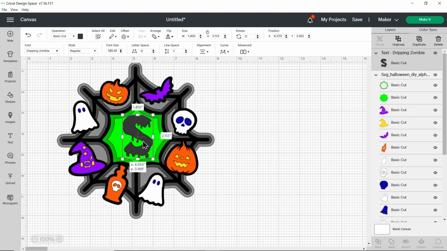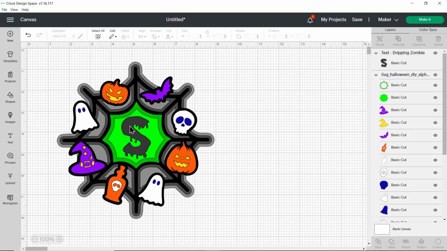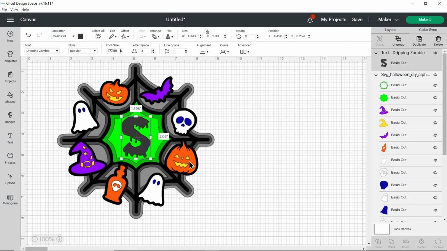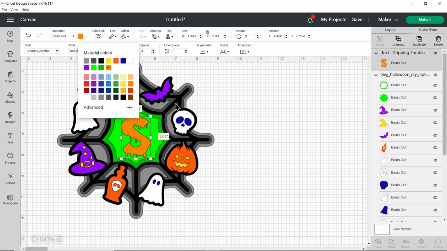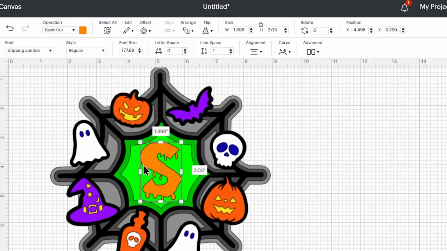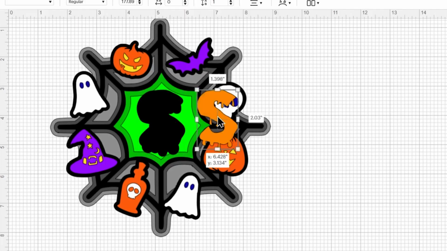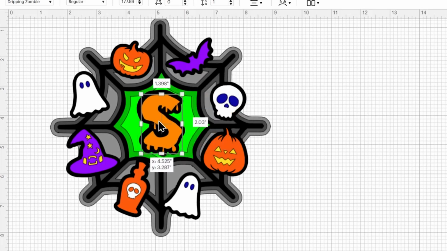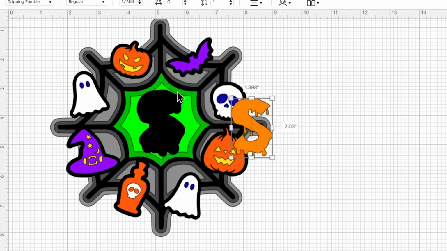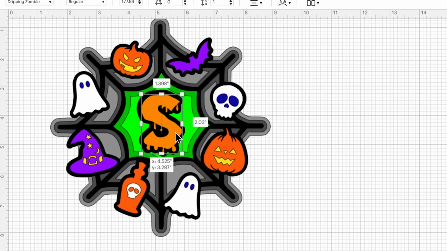I'm going to give this a little border using the offset feature in Design Space. I'll make this so that it completely fits in the middle, and then change the color so the next bit will be easier to see. I'm going to click it, then go into offset and have a little look. Wait for that to load. That's going to be a really big offset, so let's try 0.12. That's better. Press apply. What that's done is given me a little border outline of the letter on a different layer. That's what I'm going to join together with the border here, and then I'll be sticking that in the middle.